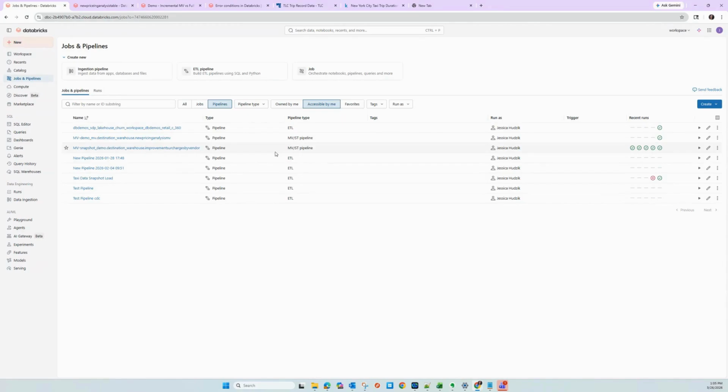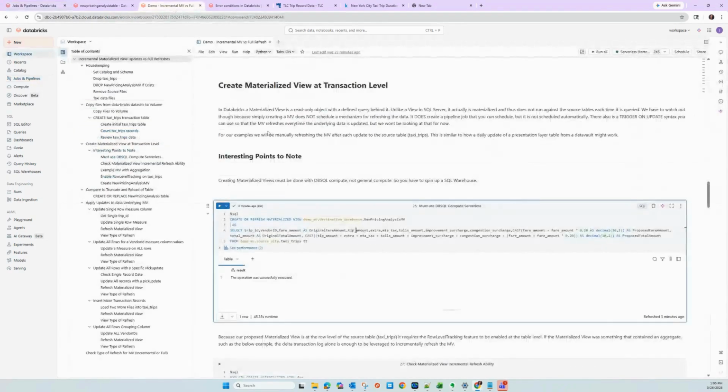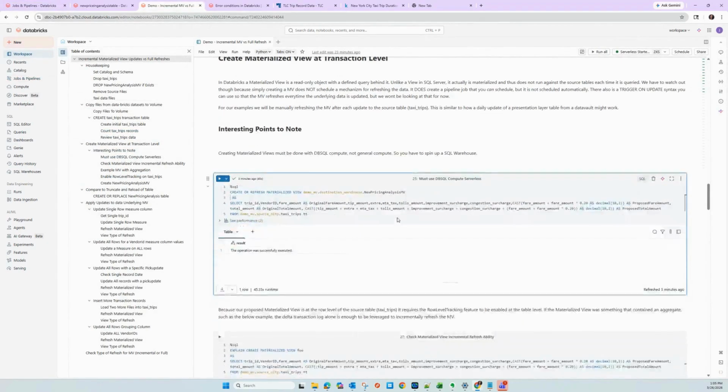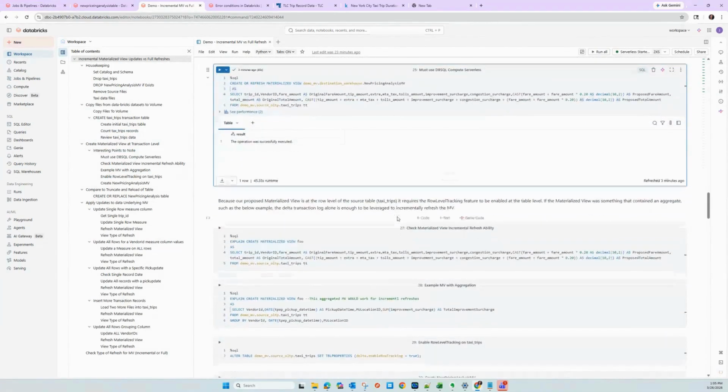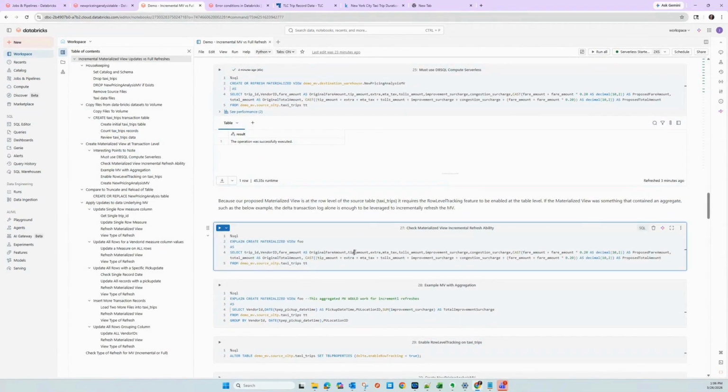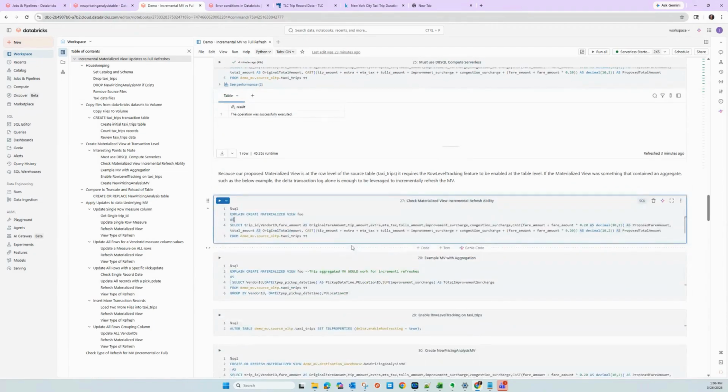That's probably what you would end up doing in the scenario that we talked about, where you're loading something into a presentation layer with calculations or aggregations. But for now, we're just going to leave that as is, and we're going to just do it manually. And so before we really get into doing any of these other data updates to see how the incremental